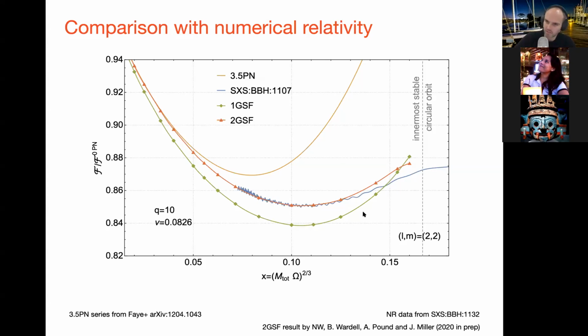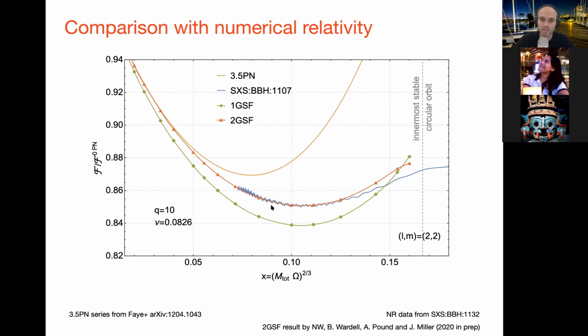Now there is, in the end, some disagreement as you start to approach the innermost stable circular orbit in the very strong field. There are two reasons why that might be. One, in our calculation we're assuming a quasi-circular inspiral, and that starts to break down as you get close to the ISCO. There's a transition to plunging and the merger. So something about our approximation is breaking down. Or possibly, of course, higher order mass ratio terms might be becoming important. We've not yet done enough analysis to work out which it is, but nonetheless we're still very excited to see